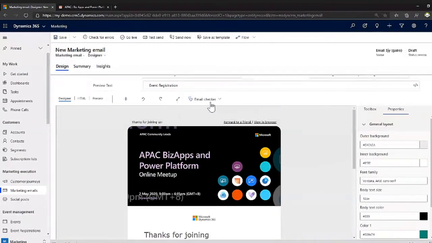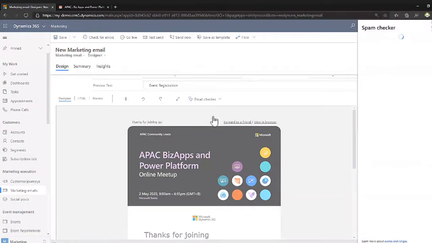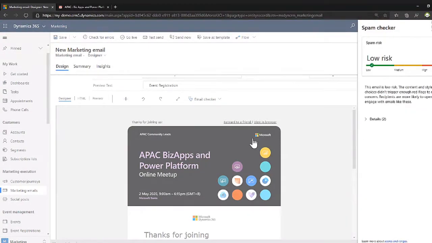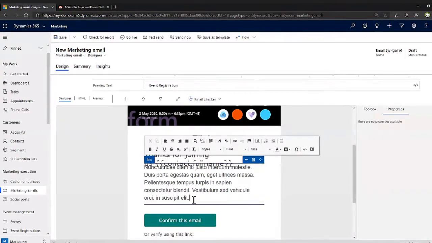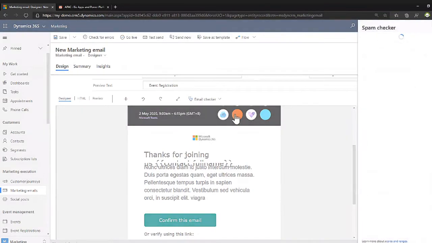Another thing is they also have the spam checker. This spam checker checks your email: is it a good email to land in the inbox or not? For this marketing email, we see there's a low risk, right? But what if we add some word? I'm very sorry, I tried to find another word, but not a good one. But I use this word, right? And then when we check spam again,